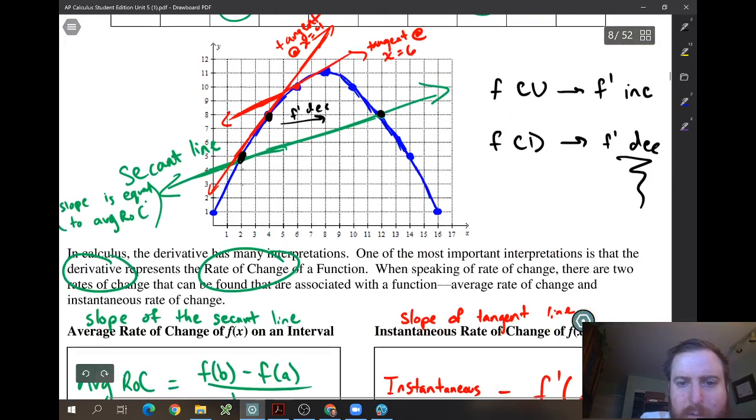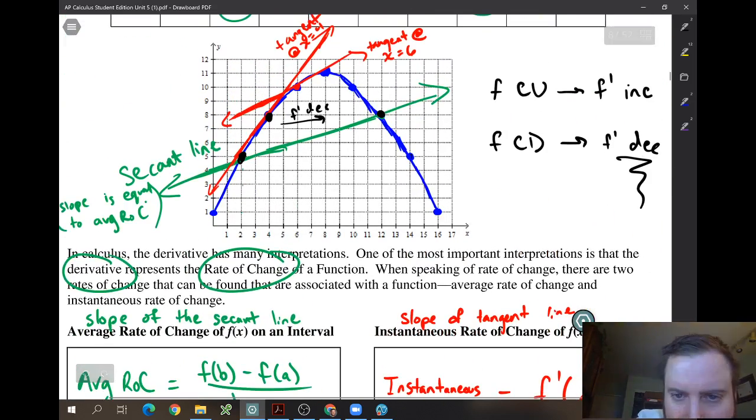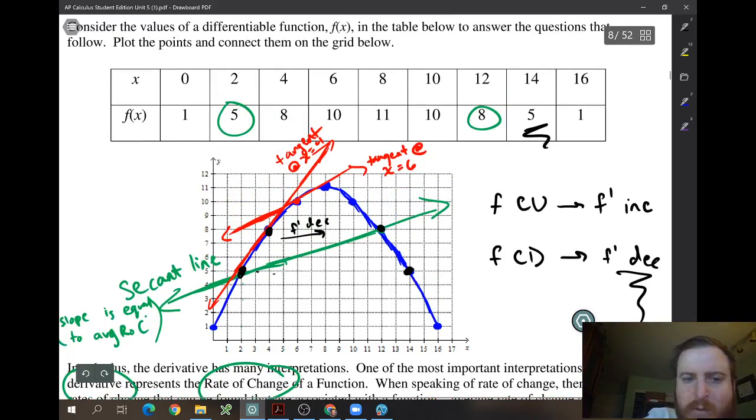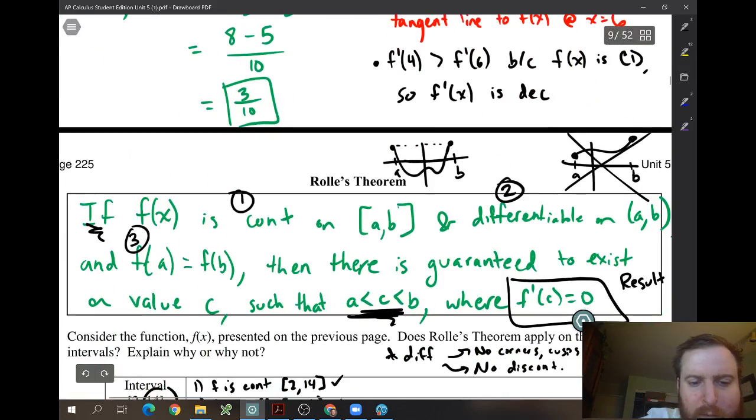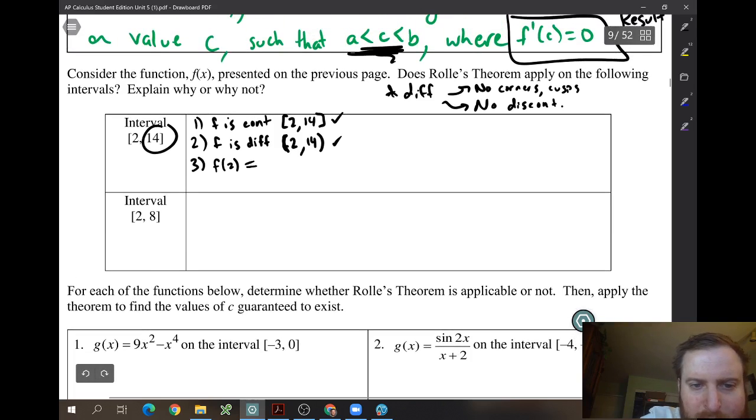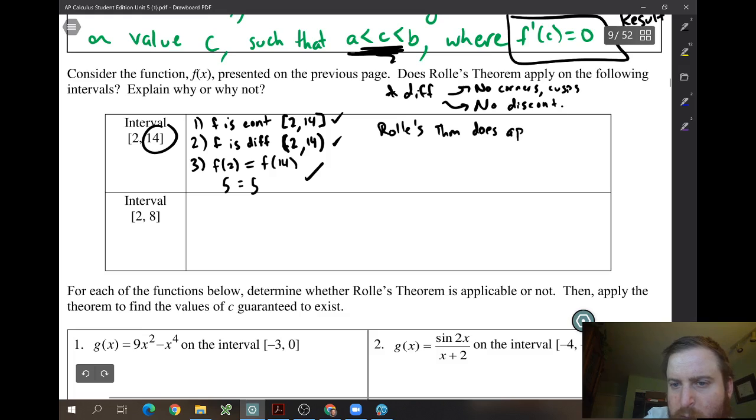So at 14, this is my fault. 14, here we are. So that point is 5, right? They're the same y value. And if we look here, at 14 we're 5, at 2 we're 5. Okay, so those are equal to each other. So f of 2 equals f of 14. We could say 5 equals 5. So this one, all three rules pass. So we'll say Rolle's theorem does apply. You'd also say is applicable. So does apply on, or let's say to f of x